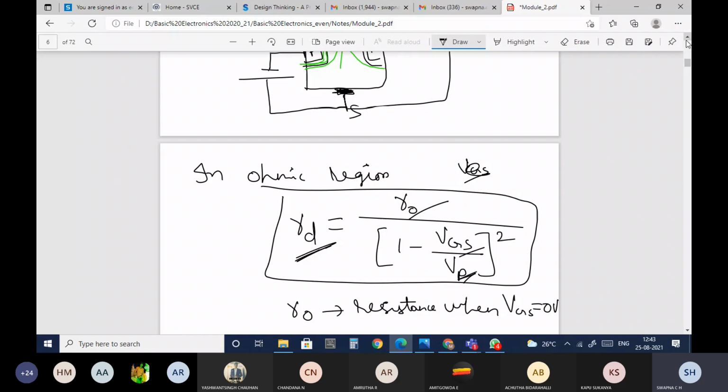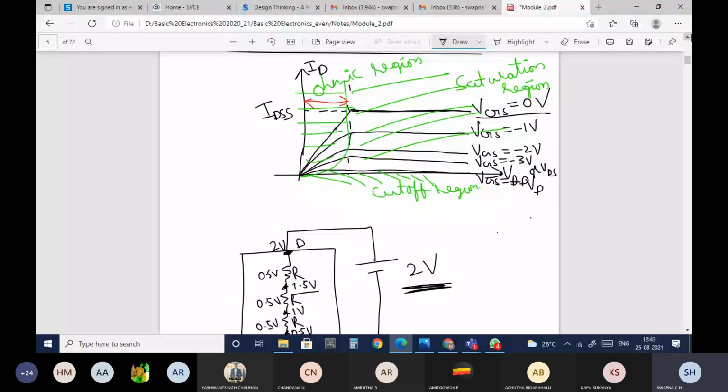Next, current through the device. ID is nothing but the current flowing through the device. This ID also we need to calculate, and for that I have another formula. ID is equal to IDSS into (1 minus VGS by VP) whole square. Here they may give IDSS. IDSS is the current through the JFET when VGS is equal to 0.